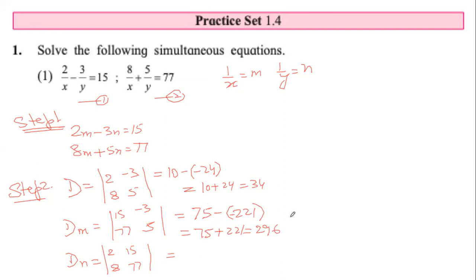Sir, it is minus minus, so it will be plus, no? That is what I did. I did the plus. Look at the screen. I've done addition only. 75 plus 221. Sir, you seem to have done the multiplication wrong. Sir, 3 into 77 is 231. Why is it 230? Yes, sir. Very good. Thank you. You made a mistake. This is 231 and this becomes 306. Good. Last.